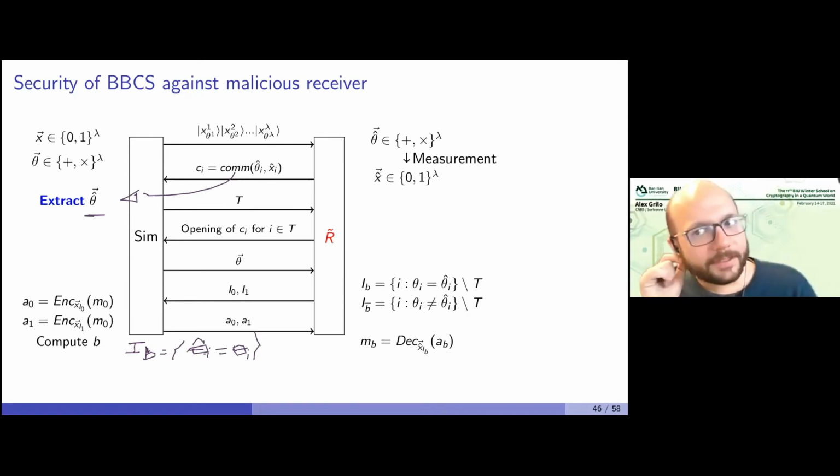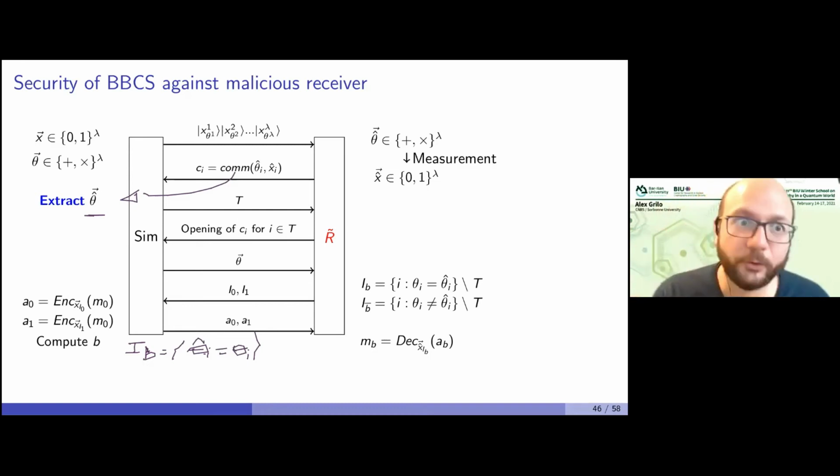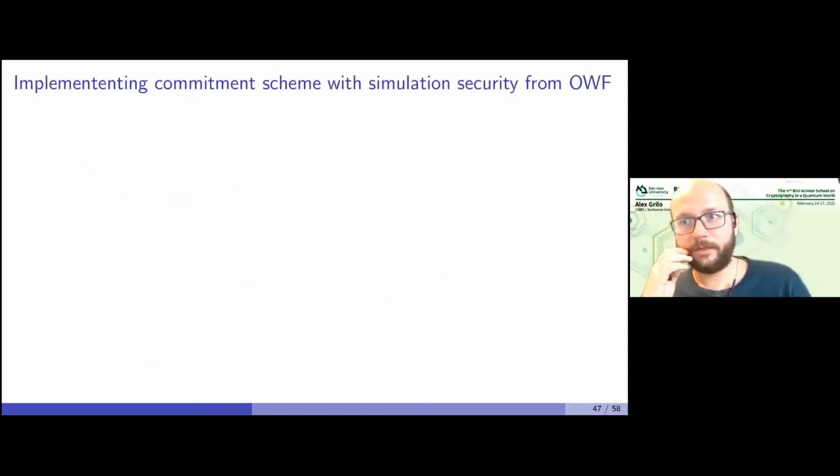So yeah, this was a quick proof of security of BBCS, if you have these commitment schemes that are both equivocal and extractable. But as I said, classically, we don't know how to build these using, let's say, one-way functions. So we need at least public-key encryption, and from public-key encryption, we have multiparty computation. So why should you use quantum in this case? But then, finally,